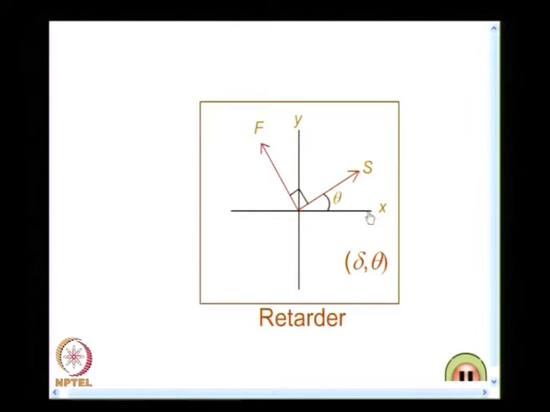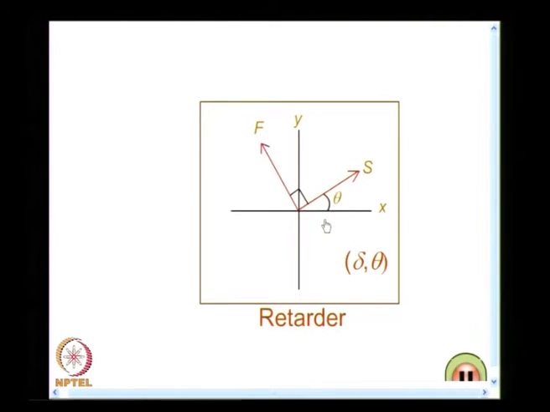My reference axes are horizontal x and y, and I will always represent a retarder by two parameters: the retardation introduced, delta, and theta. So, delta is the retardation introduced by the retarder and theta is the orientation of the slow axis with respect to the horizontal. This you should never forget,